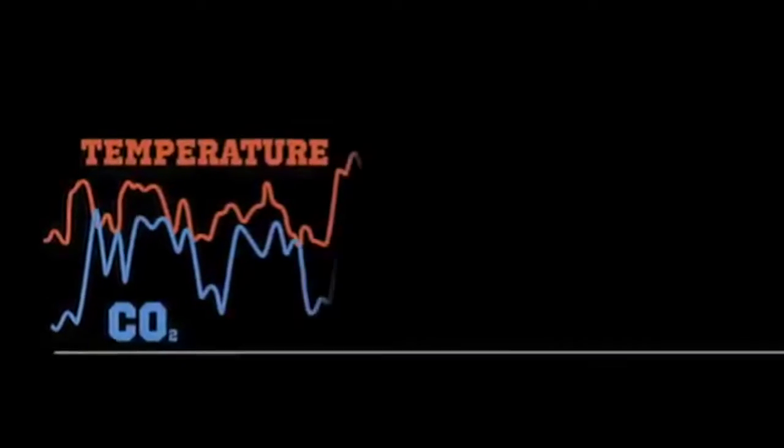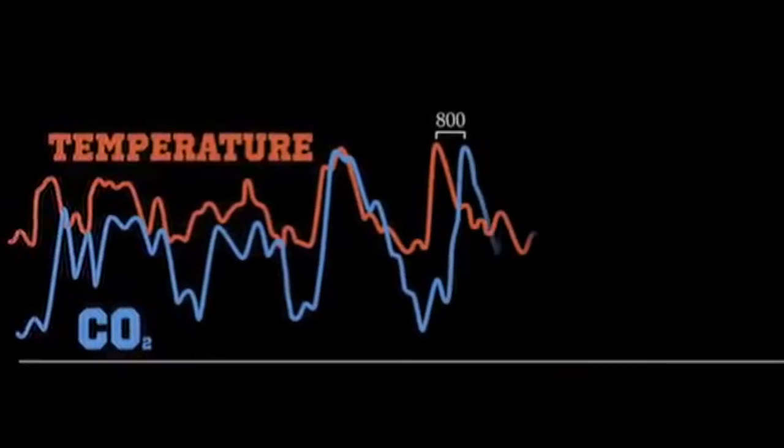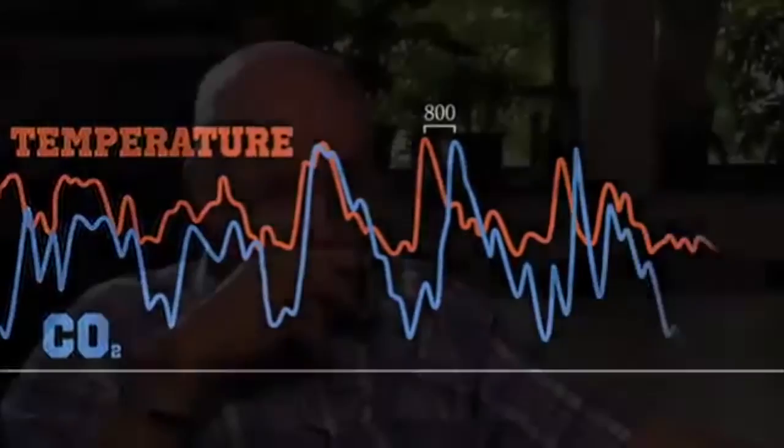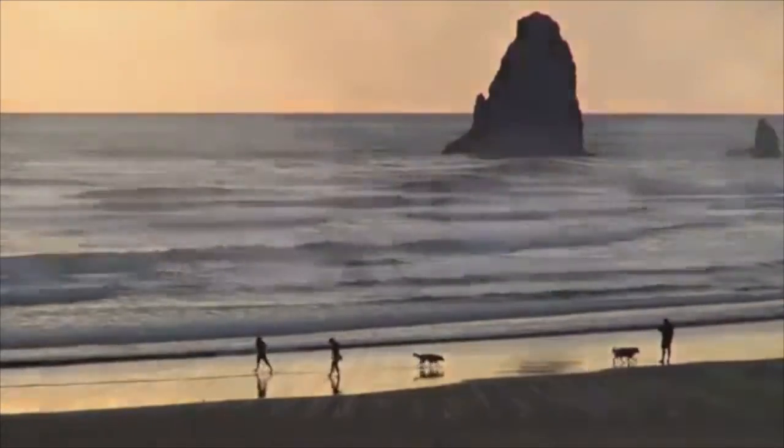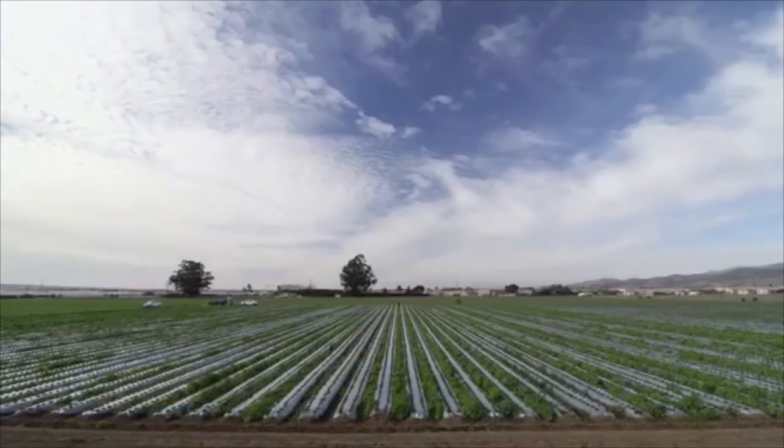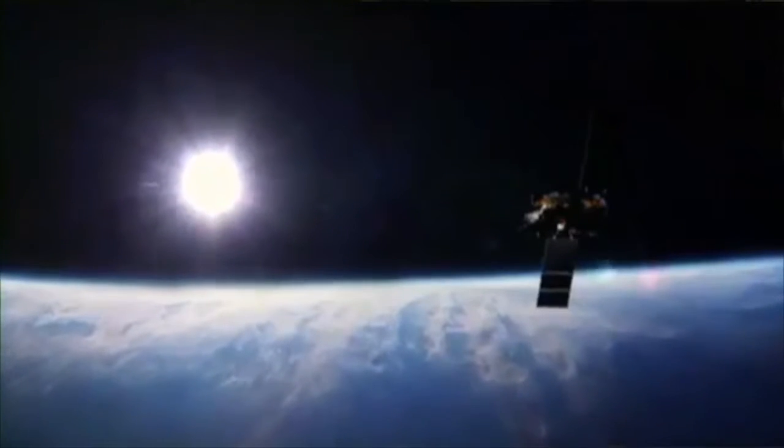But he didn't show that actually the temperature goes up first, usually by about 800 years before the CO2 goes up. More CO2 equals a warmer world. True or false? I don't know. I mean, it may be the other way around. Certainly a warmer world will lead to more CO2. But I'm not impressed that CO2 is a driver of global temperature. And there are so many other variables that are much more likely to have been responsible for that.